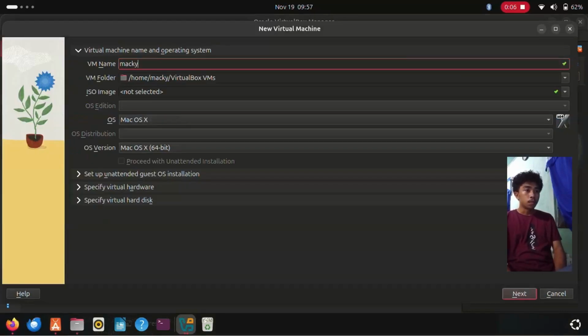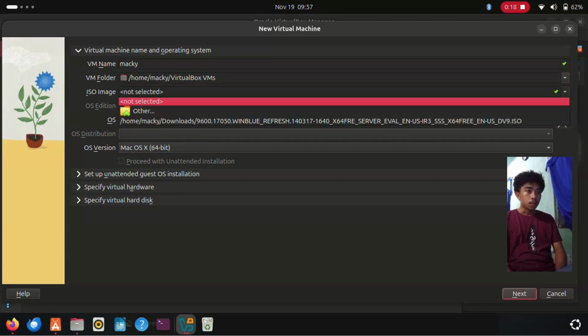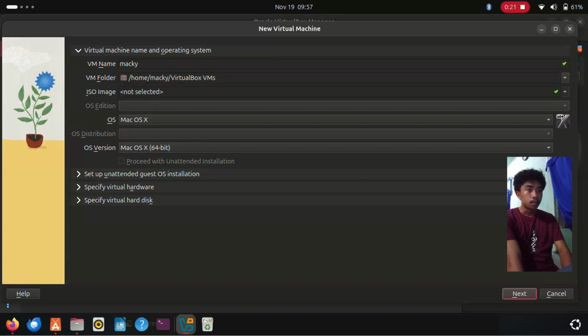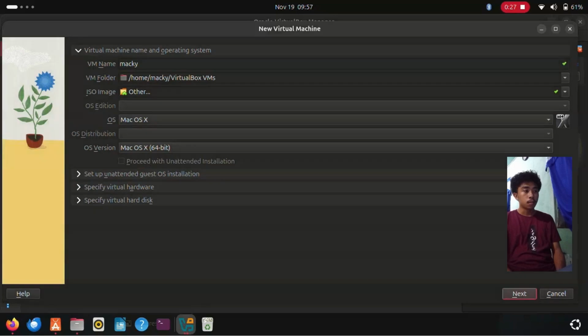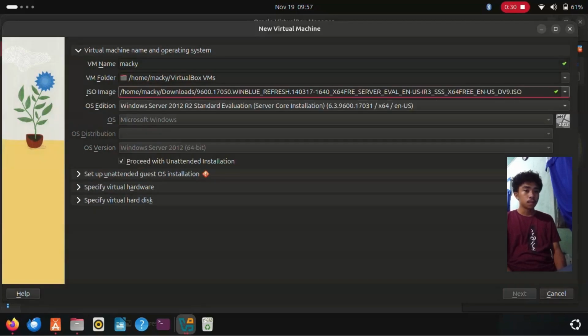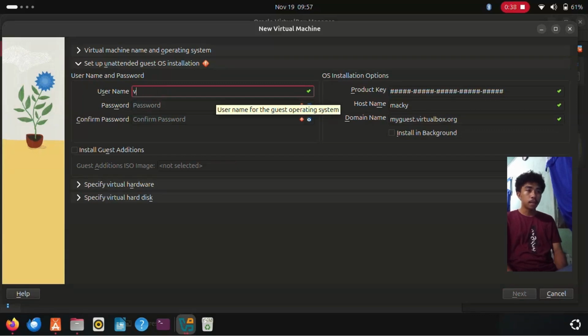So first you must enter the VM name and go to folder and select others. Then after that, you can now select the file, and after that you can now assign the username and password, which is Maki, and then the password MakiWin,